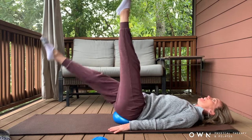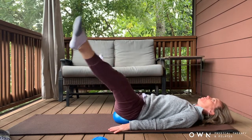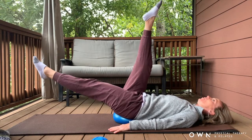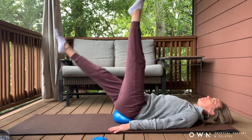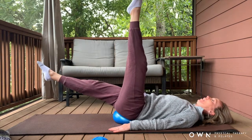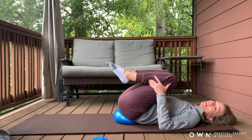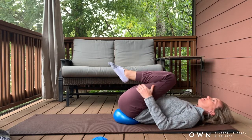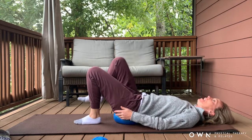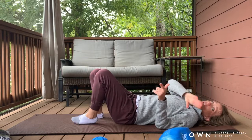And out to the sides. Good. And one more. Good. And bend the knees in. And just take a little rest. Bring your feet back to the mat, bridge up, and we're going to make our way onto our sides